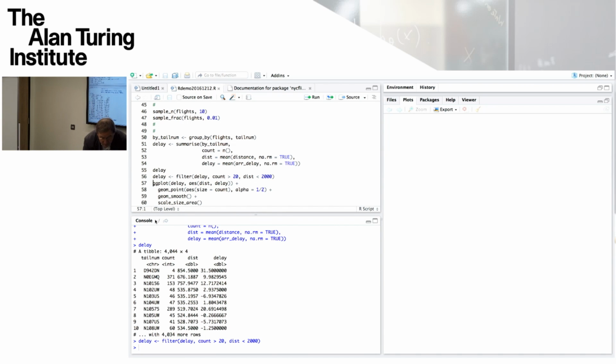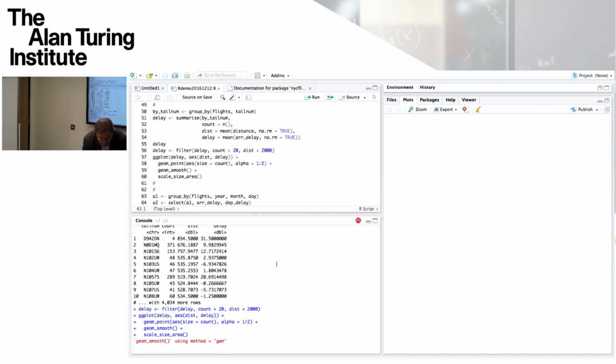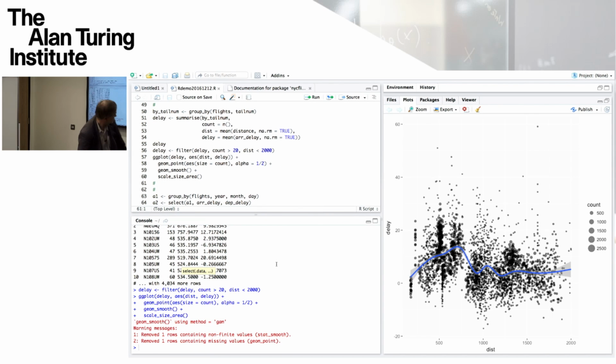So if I go back here and then do a ggplot command, there's the plot over there. What we're doing here is taking this delay data set and doing the aesthetics where x is the distance, that's the horizontal quantity there, y is the delay, which has just been calculated for us here, and we're adding to that the points.